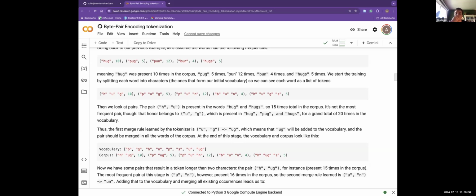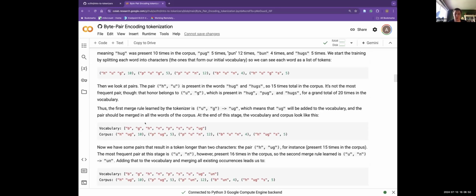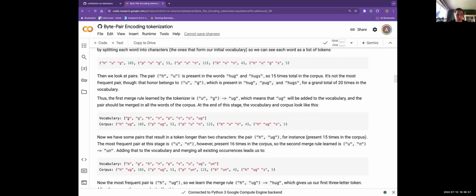And so that's our first merge rule. We say U and G becomes this single token UG, and that token is now added to the vocabulary. And then we do this merge operation where we say, okay, we've computed the most likely pair, and now we've added it to the vocabulary, but now we have to concatenate the instances of that original pair within our corpus. So we see that the UG in HUG becomes just H and UG, and each of those